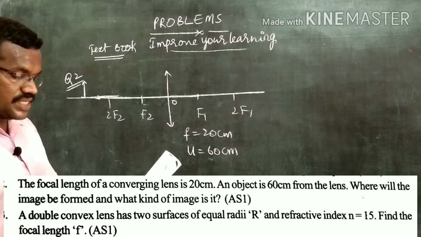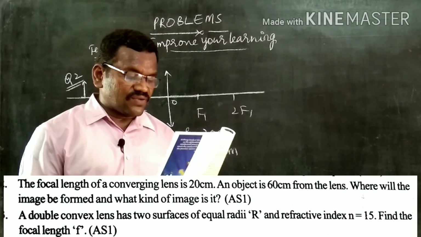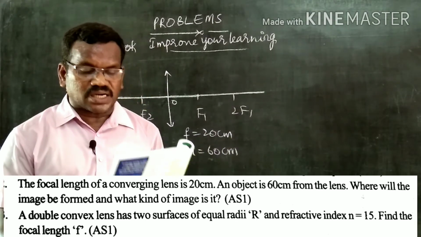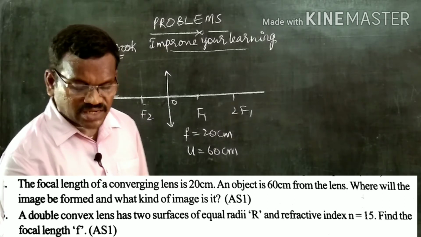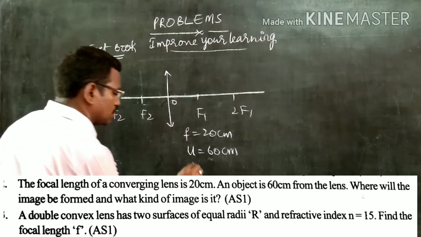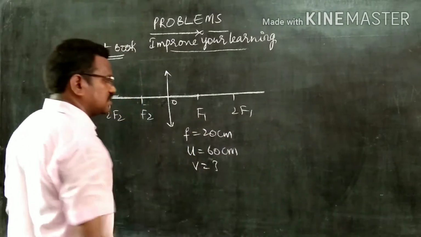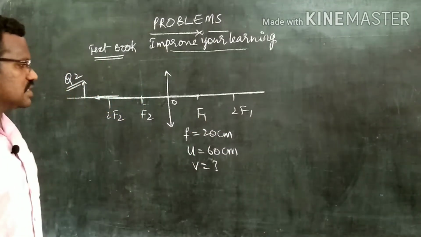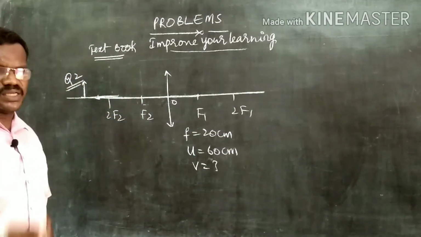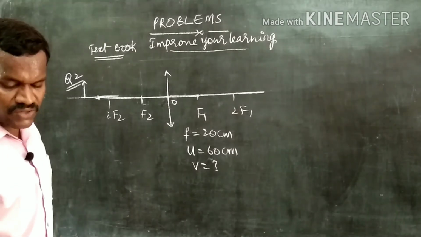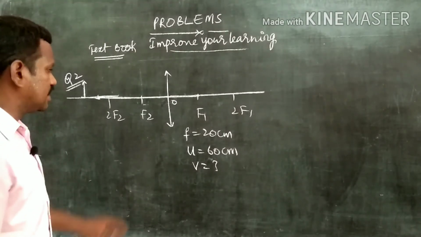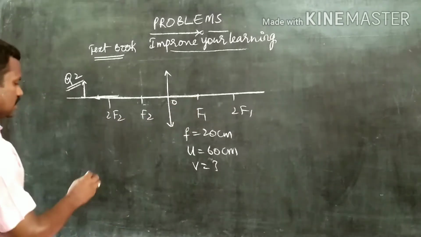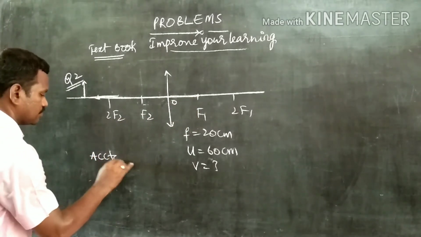The asked question is, where will the image be formed? What kind of image is it? So we should calculate the image distance. Before solving the problem, compulsorily we should apply the sign conventions. What are the sign conventions here? Thus, according to the sign conventions,